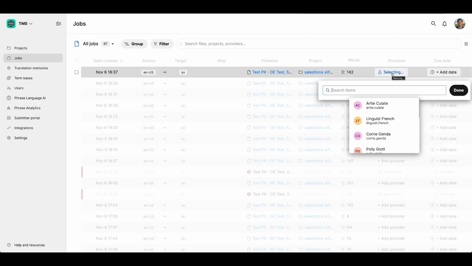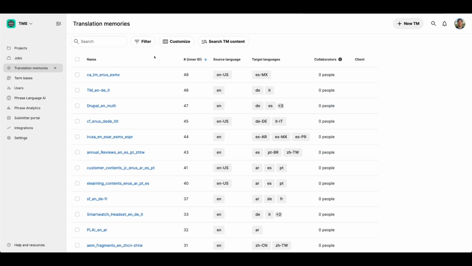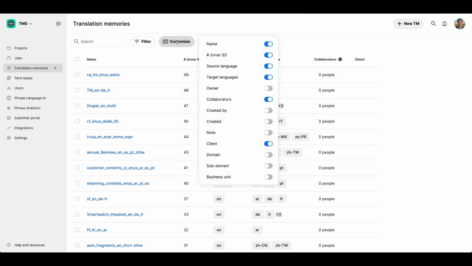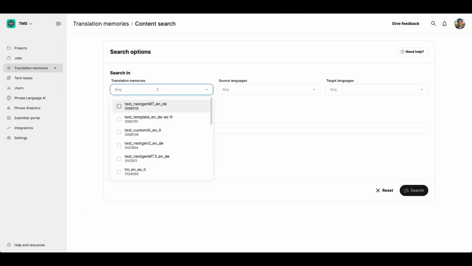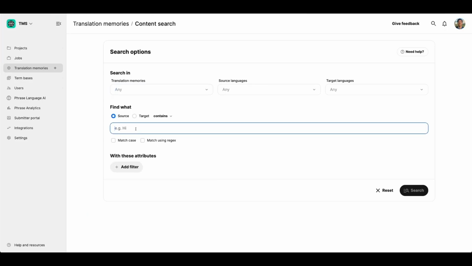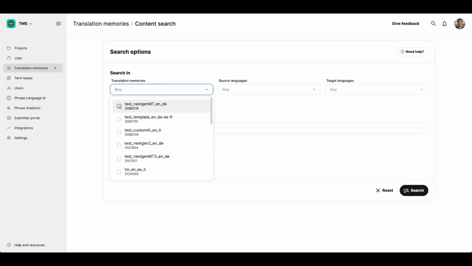So here I can assign this job to one of my providers or more providers. In the translation memories view, I have the full list of translation memories. In the translation memories view as well, we have filtering options and some options to customize the columns that you want to see. We also offer a functionality to look for a specific word in any translation memory or in